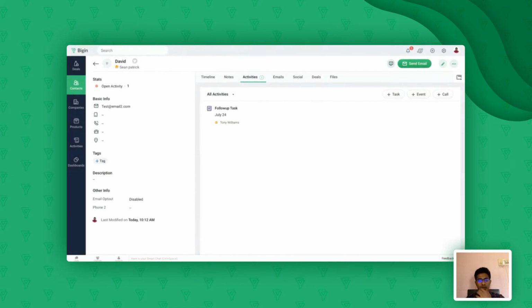See, upon save, once I saved this contact record, there is a task which got generated automatically here under the activities section. This is what the workflow would do for you.